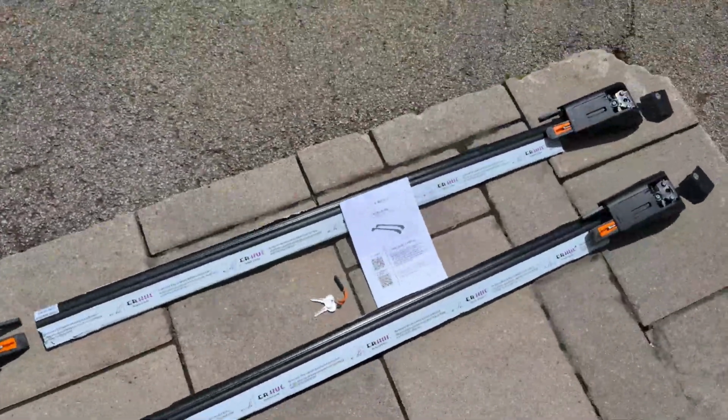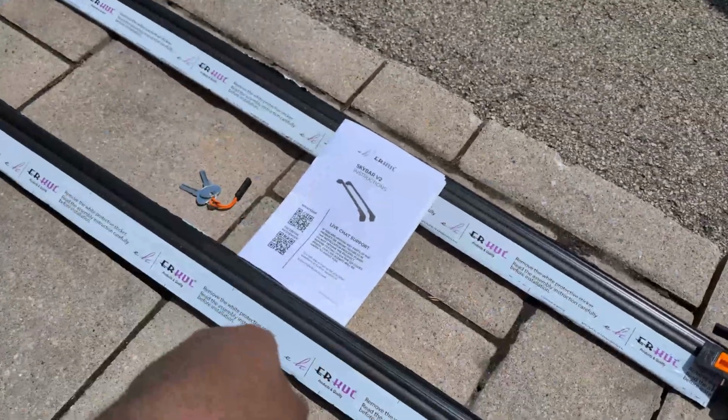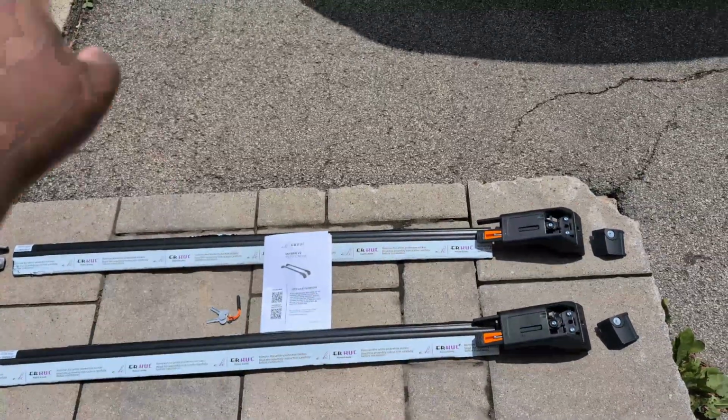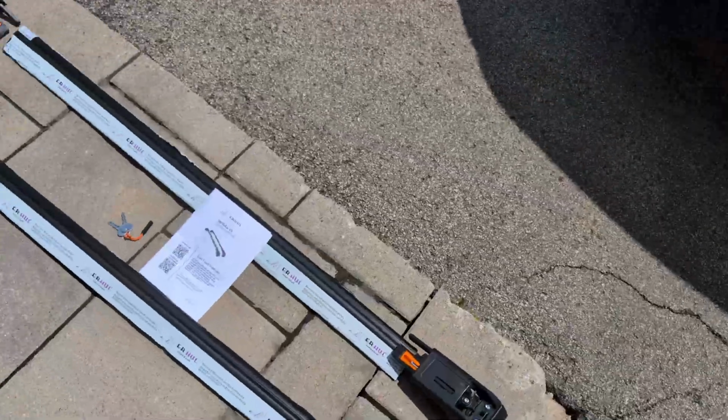The only thing you have to be careful about is that you have one that's longer and the other one that's shorter. So the longer one, it's the top one here. That's the one you're going to put in the front of the car, and the shorter one in the back. The other thing you want to pay attention to is the fact that